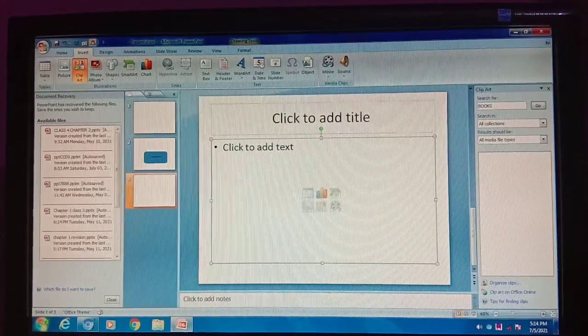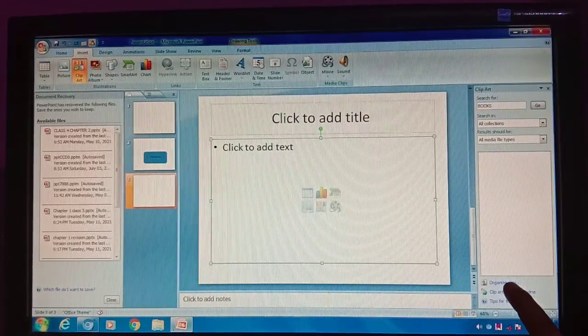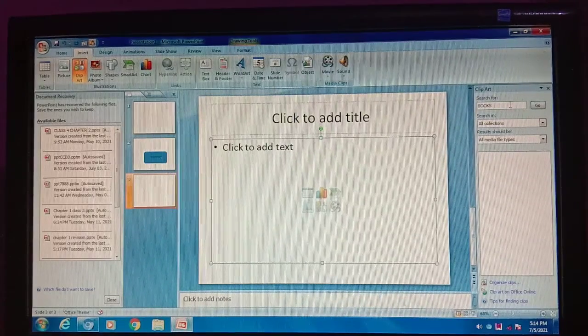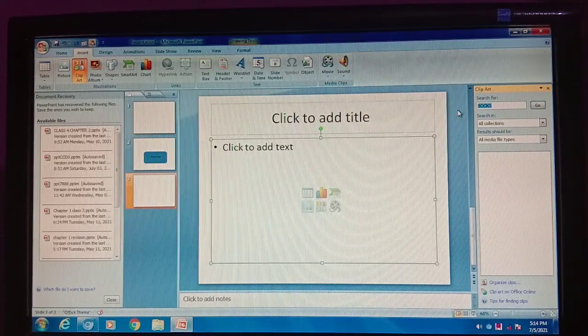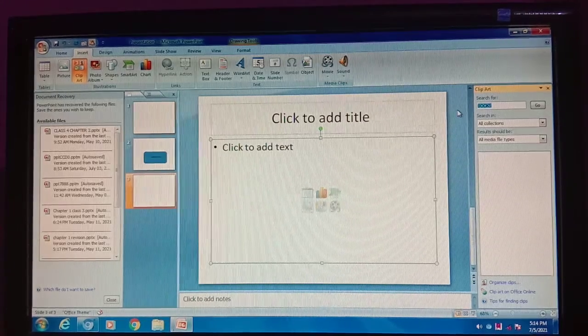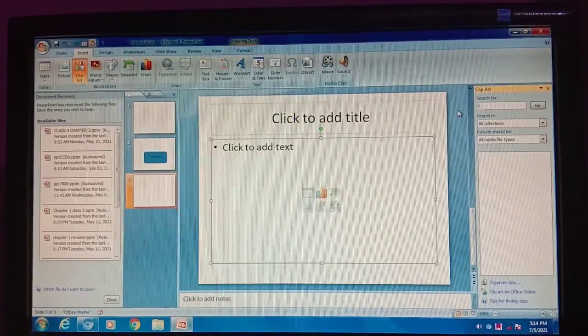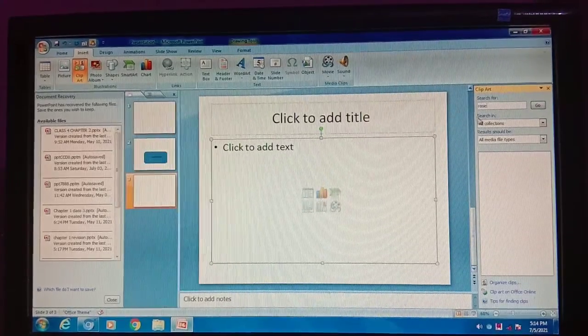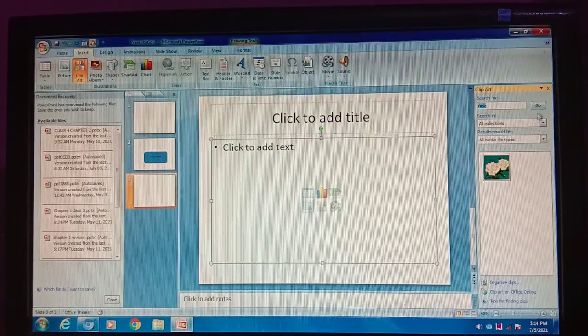Here you have to select, or you can search from here. For example, there is a picture of a flower, maybe a rose. So if the picture is present there, it will display.